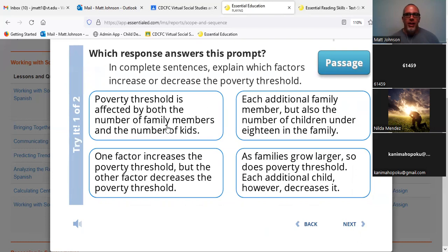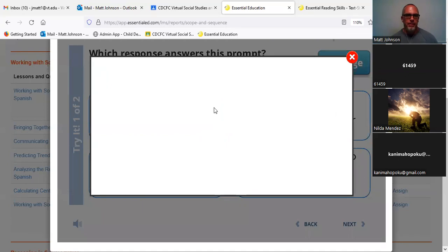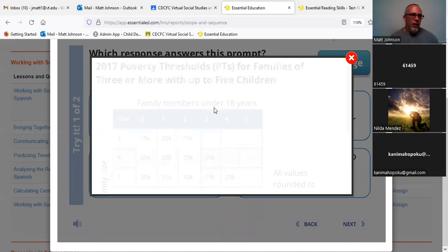Okay, yeah, so we'll look at the passage here. So which response answers this prompt? In complete sentences, right? That's what we're working with here. Explain which factors increase or decrease the poverty threshold. So pull up this table here. And this one,